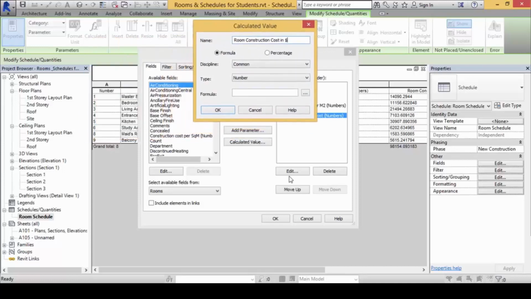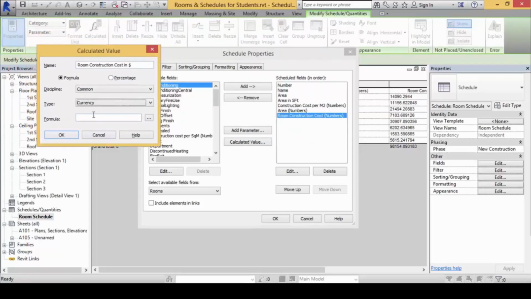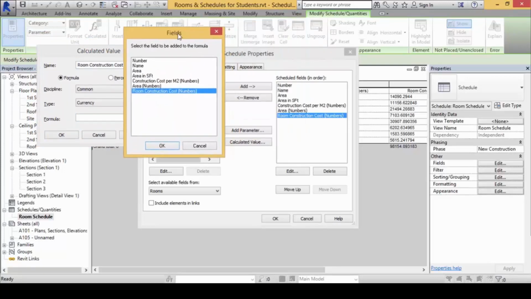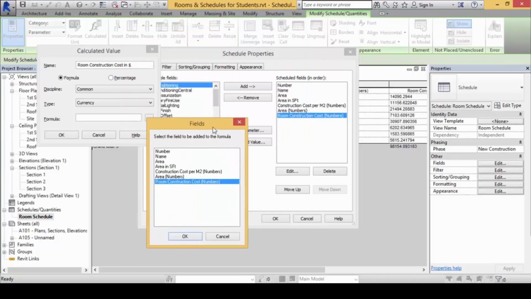And under the type here, instead of numbers, we are going to change it to currency, money. And when we click the formula bit here, it will be fishing out data from room construction cost in numbers. This one.